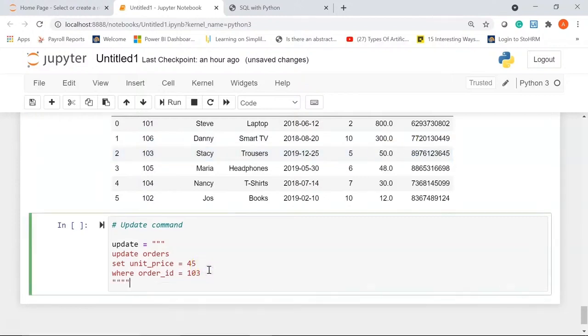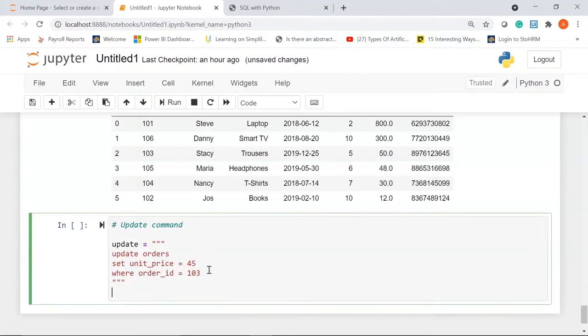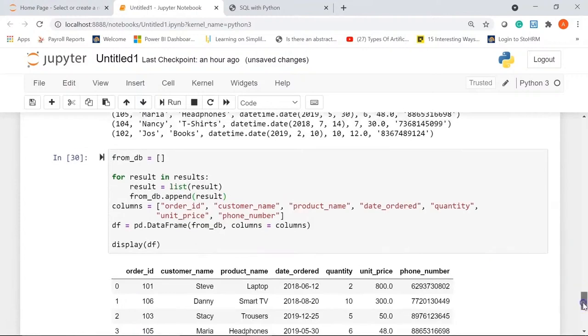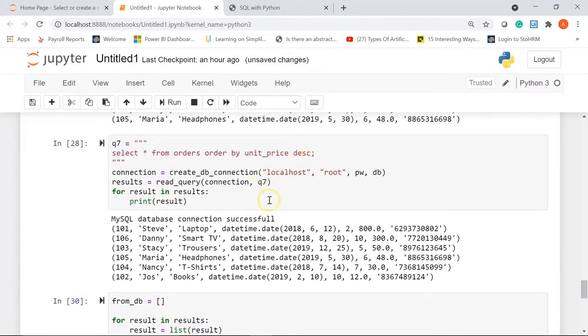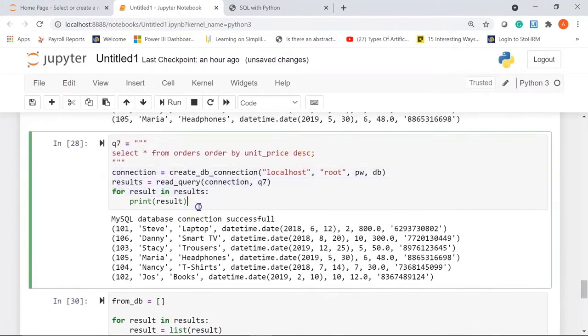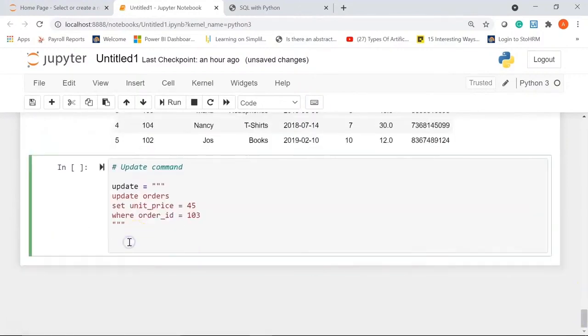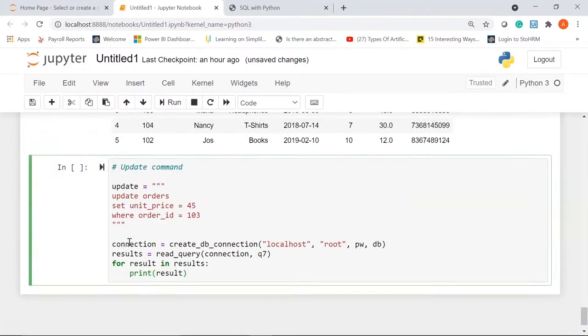I'll close the triple quotes, and now I'll use the connection queries again. Let me just paste it here. Alright,